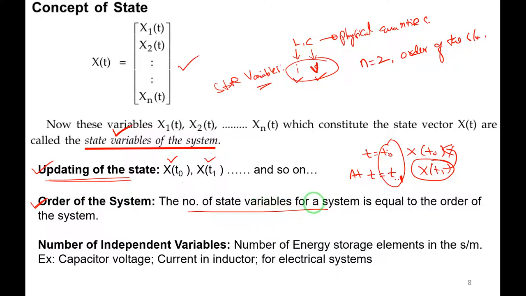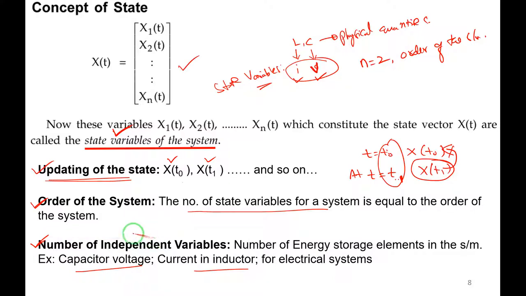The number of state variables for a system is equal to the order of the system. The number of independent variables, x1, x2 and so on till xn, may be dependent variables or independent variables. For example, we will consider the simple electrical network, the capacitor voltage and the current in the inductor. These are independent variables, right? Means the number of energy storage elements in the system are nothing but they are representation